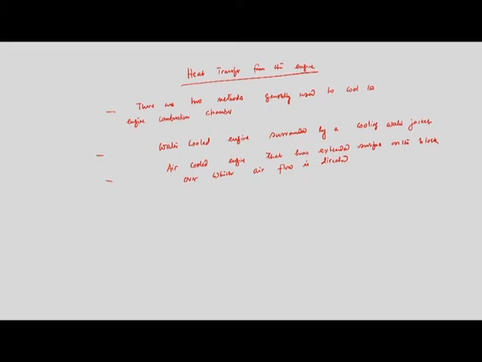So, either we have a water cooled engine, that is what we have seen a few minutes back, that if it is an ECU, we need to know the temperature of the cooling water jacket, and sensing it we need to supply more air during cold start and warm up condition. Or if we have an air cooled engine, the outside of the cylinder will have extended surface and we can direct air to flow over that surface so that we can cool the engine. So, these two are basically the ways to cool the engine.